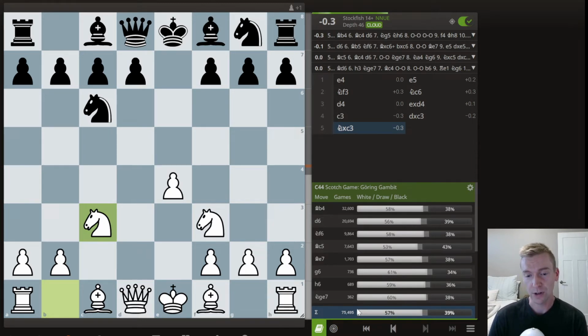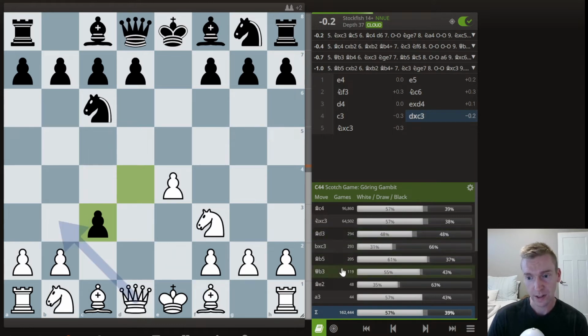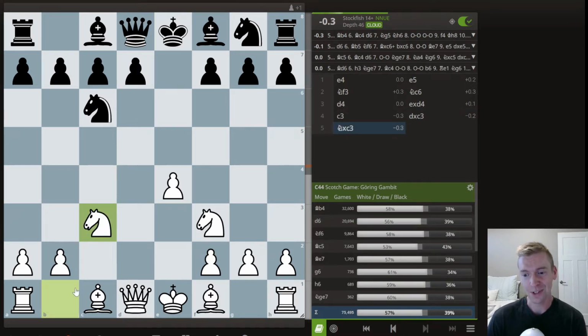So previously you would have to always back up a move and look at knight takes c3 and assume that this score is pretty close to if you click on the move, but it won't pick up all the transpositions. So it's better now to use this new tool that Lichess added, this new row, to show what's the score